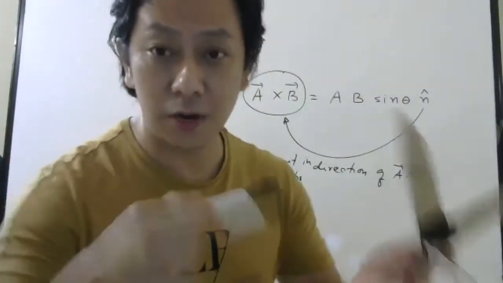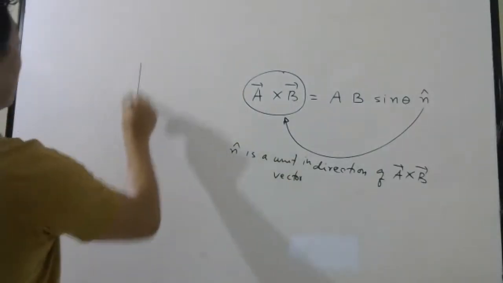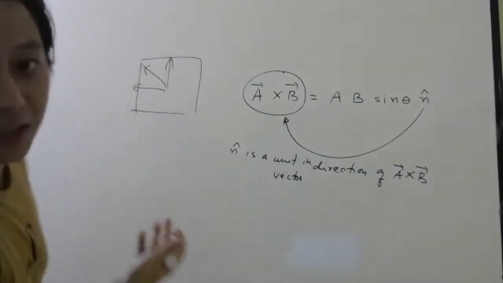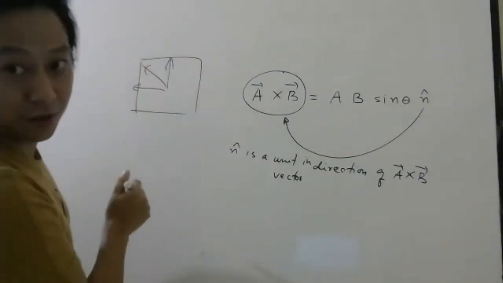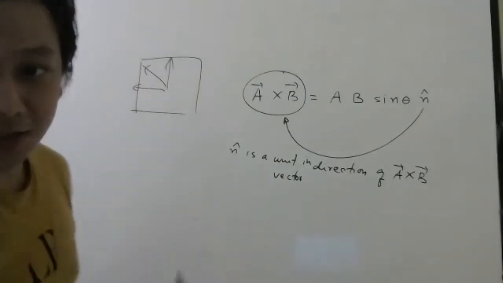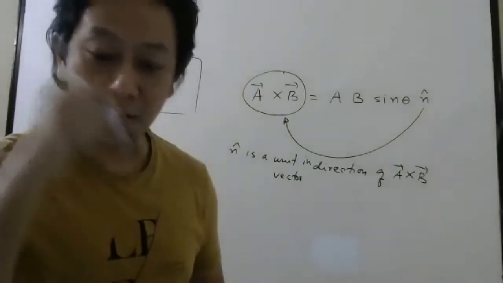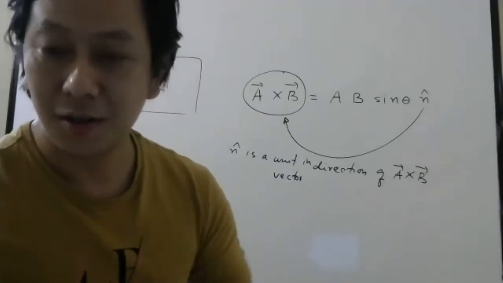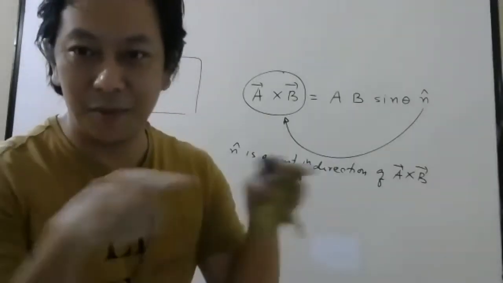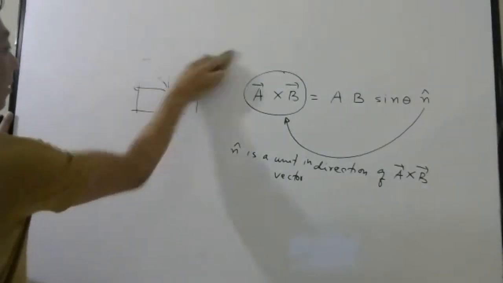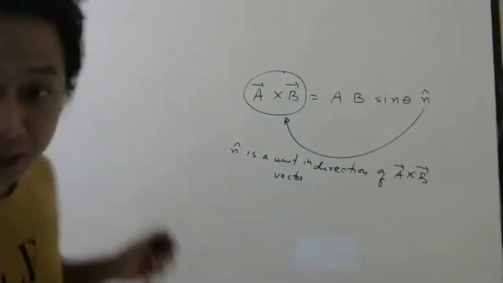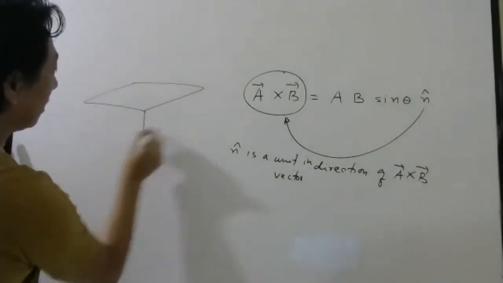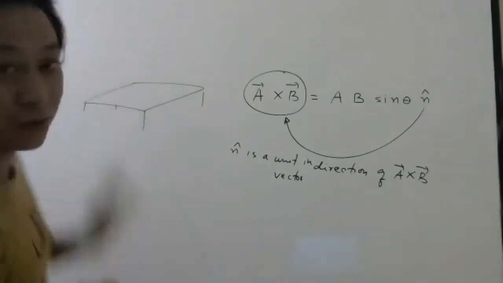Most of you, when you are drawing the diagram, draw like this. So this is the table, A is here, B is here. It is not very clear which vector is where. I don't know which vectors are on the table, which vector is up, which vector is down. I'm 100% sure when you were small, you must have drawn tables, right? So if I ask you to show a table in 3 dimensions, you should try to do something like this. And if you put the legs, it will be a little easier to understand.